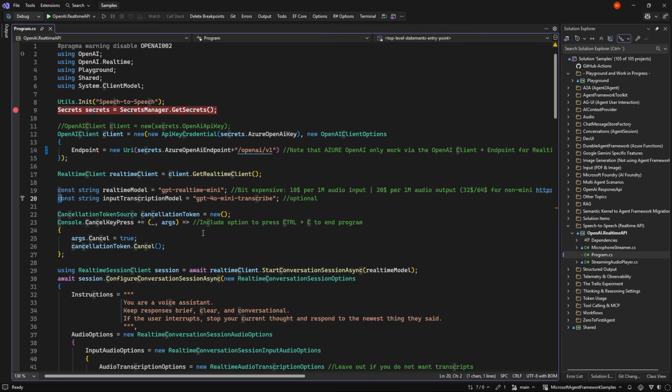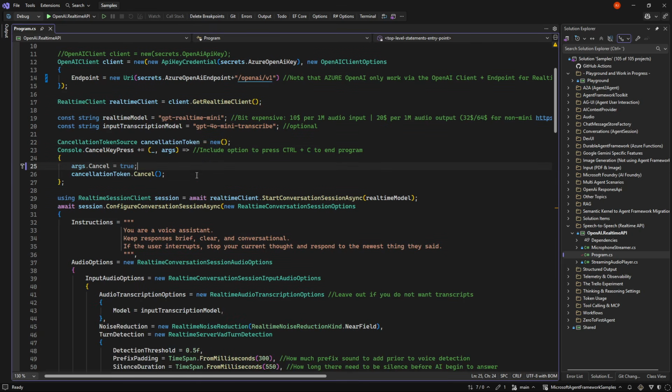You can also give one more model for transcriptions, meaning when we talk, it can actually show what we said in text, as we saw in our output. This is optional, so if you don't need it, you can get rid of it. I will show a little later how we can do that.